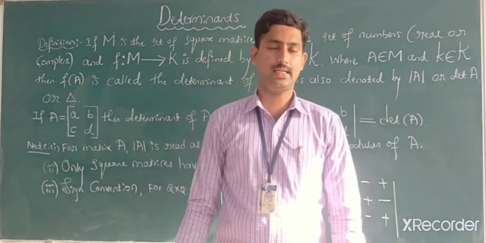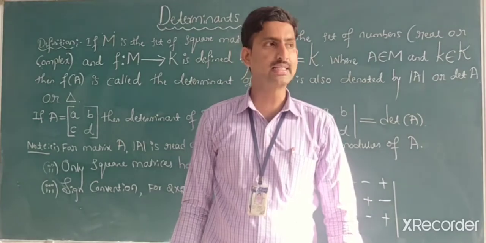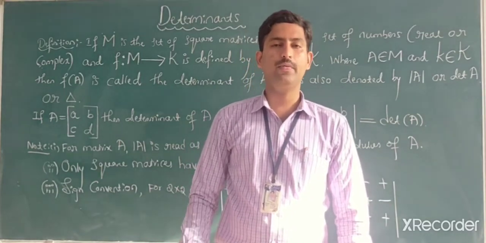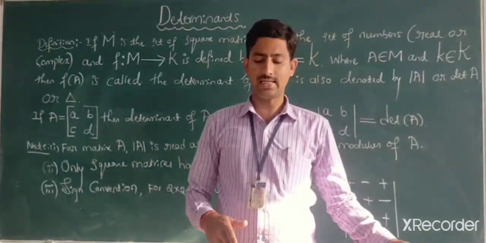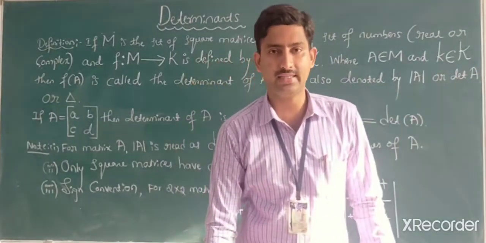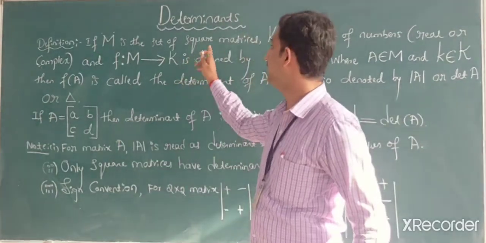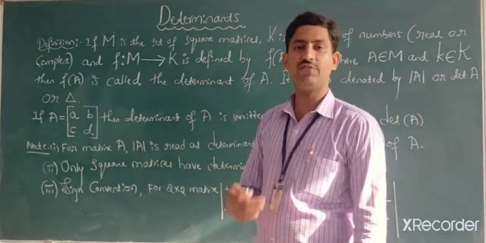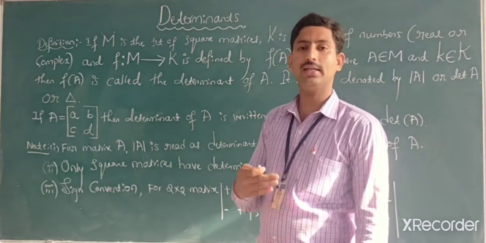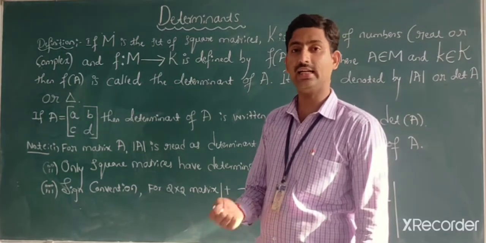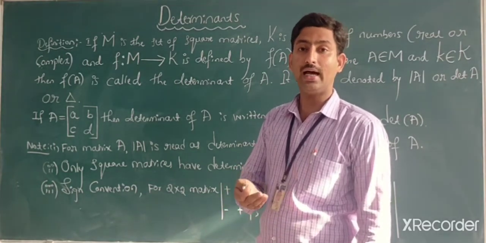In the last class, we completed one topic, that is matrices. After that, we will have one more topic related to the last completed topic. Now we are going to take the chapter determinants. What is the definition of determinants? After that, how does a determinant occur, or under what conditions will a determinant have a real number